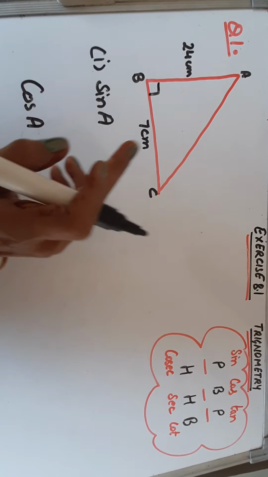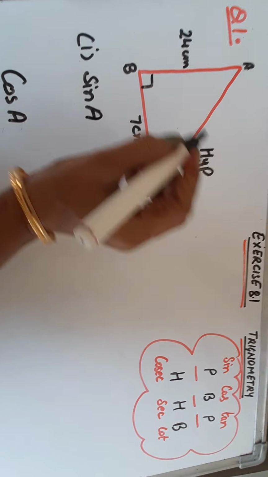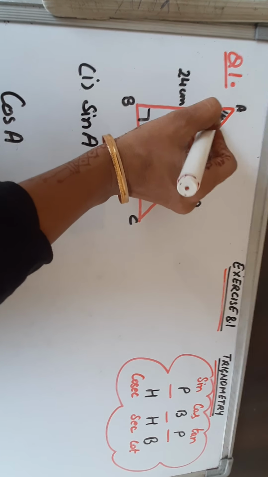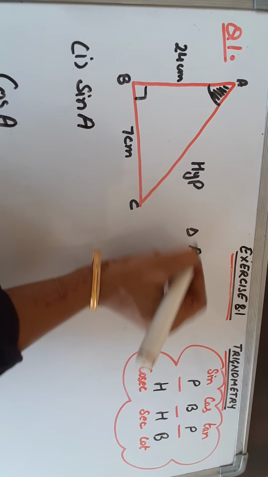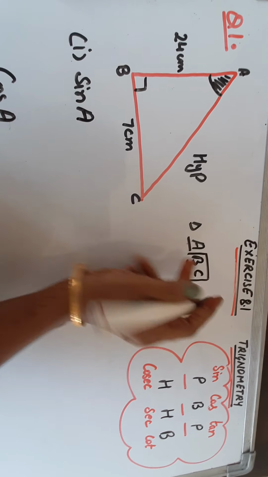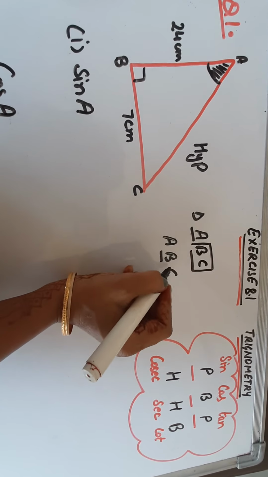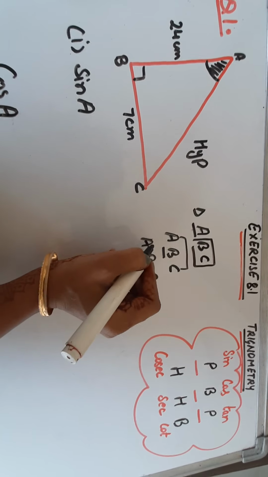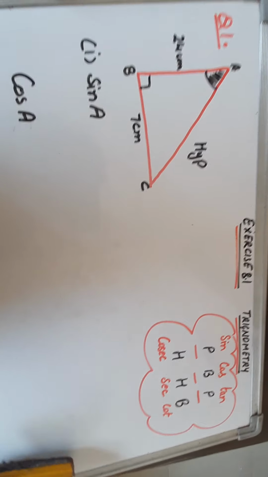the perpendicular. First of all, let us mark hypotenuse, that is opposite to the 90 degree angle. So this will be the hypotenuse. Now A angle is involved. So let us mark angle A. Now when we see ABC triangle, if angle A is there, then side opposite to A will be BC. If angle B is there, then side opposite to B is AC. If angle C is there, then side opposite to angle C is AB. So in this way, without looking into the figure also, you can tell the opposite side.